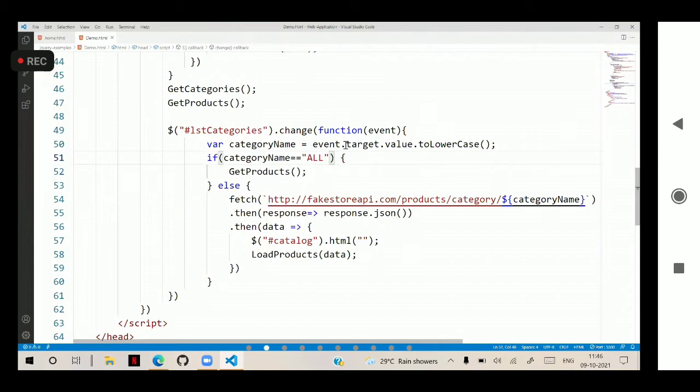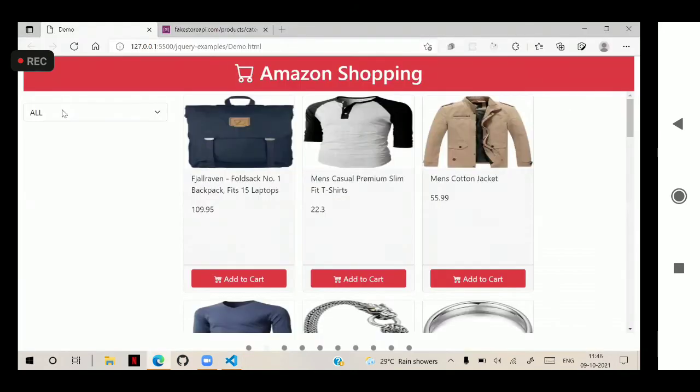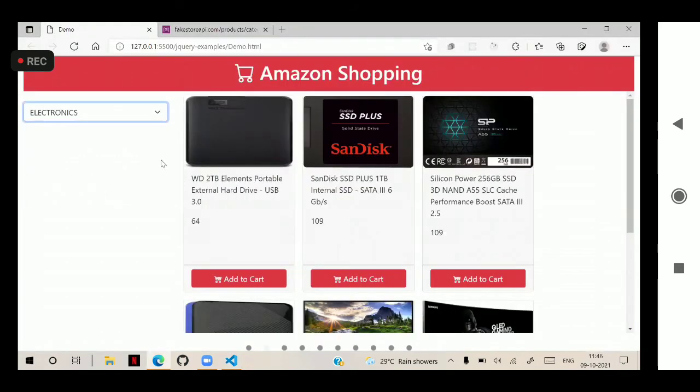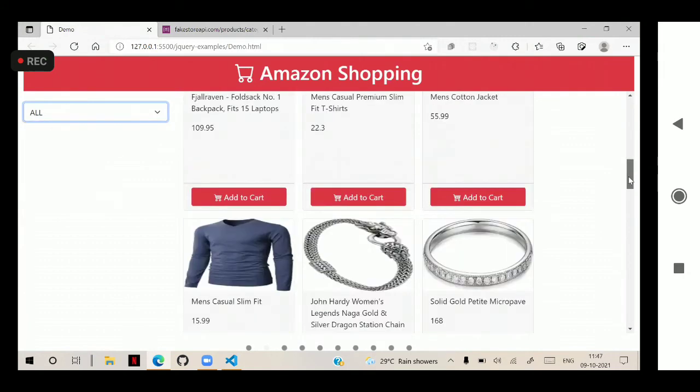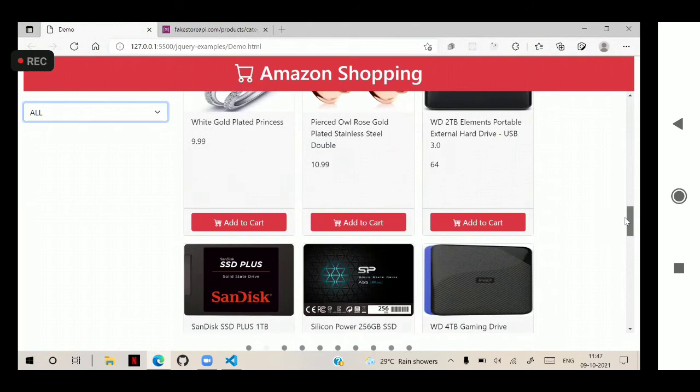So you have to use all lowercase, because we are converting everything into lowercase. Fine. Now electronics, then all. So it should get all the data and display. Everything will be displayed here.